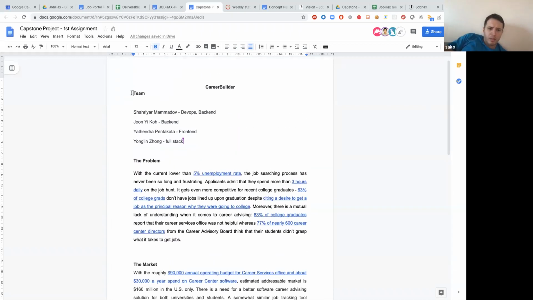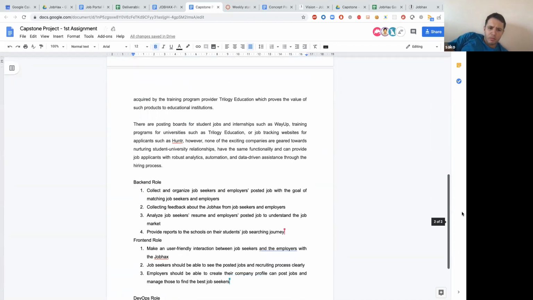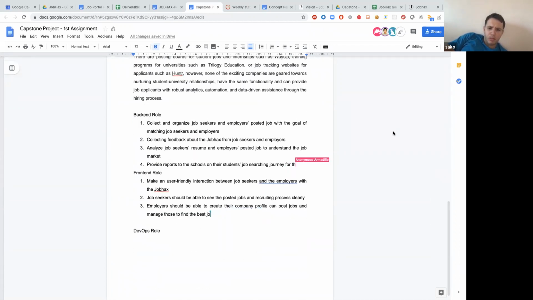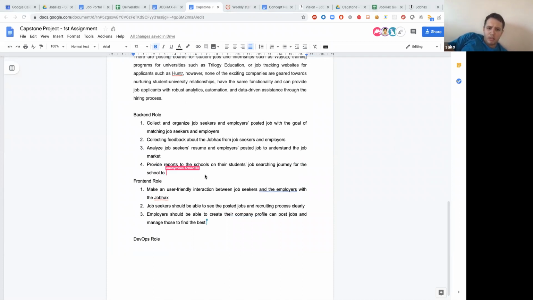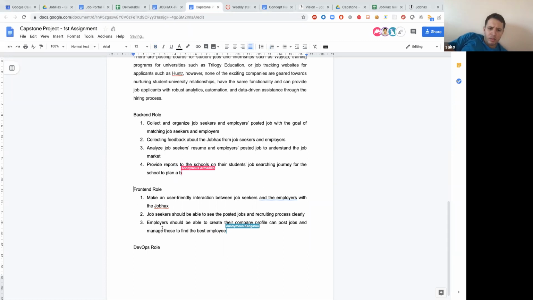So you can have the team. I think we're gonna need the... Should we put the team at the end or in the problem? Backend role, front end role, that you guys can also update. That's the DevOps role.